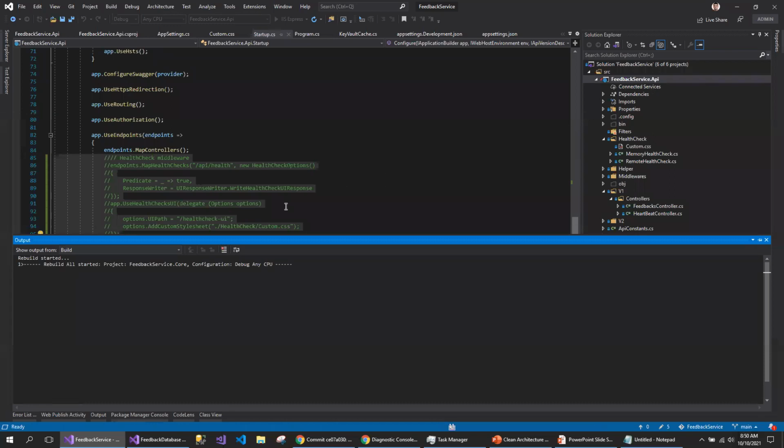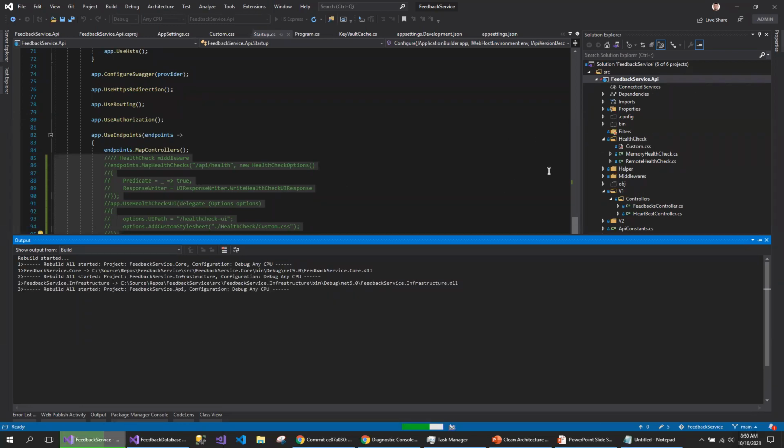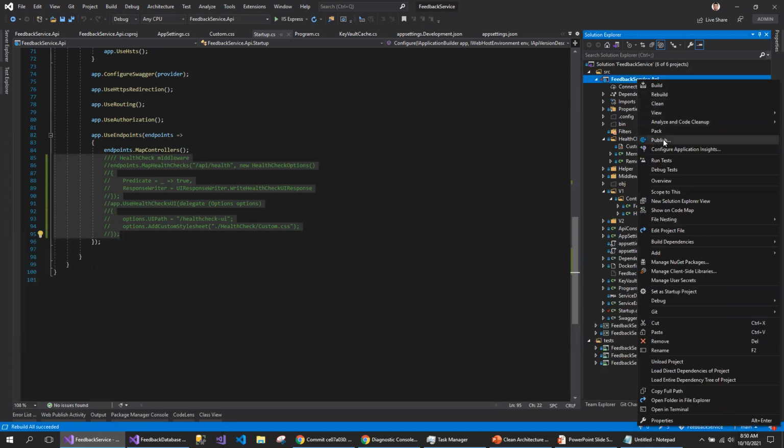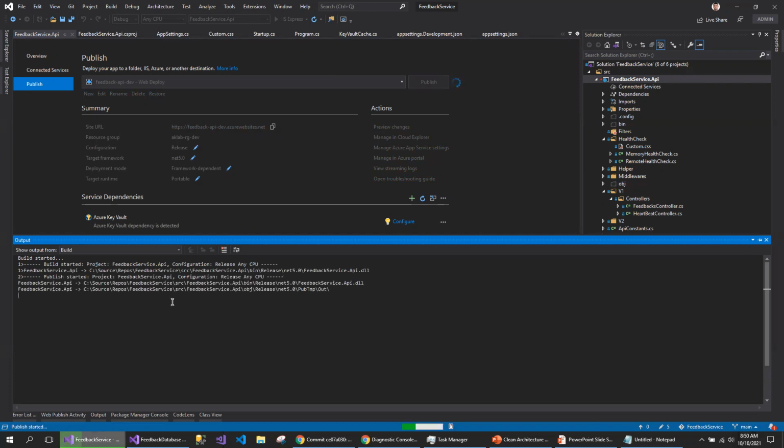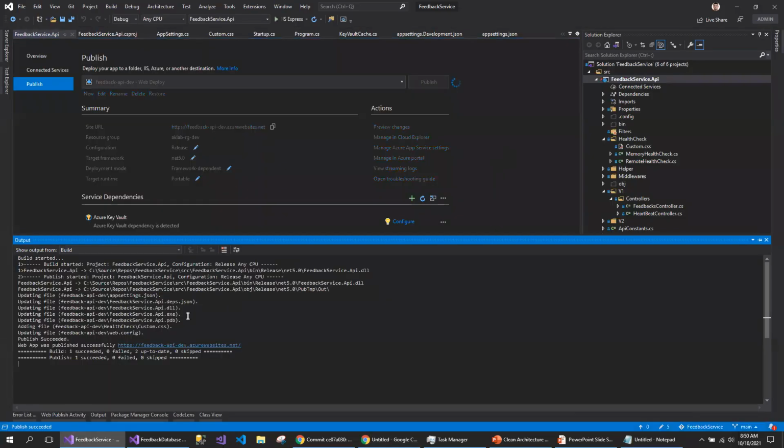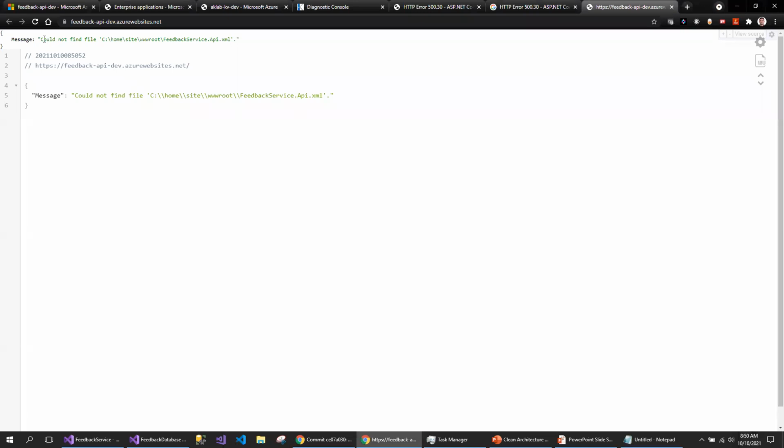Let me first build before publish. If you are working locally, it's always easy to publish from Visual Studio, at least for the dev environment. I feel comfortable publishing from Visual Studio. Since I've made a couple of changes, I would expect it to publish only those files which are changed, not everything. So this could be faster than the first time. You can see there are a few updates and a few additions. This is the addition and the remaining are updates, especially the DNS.